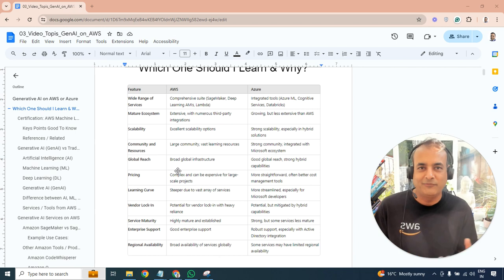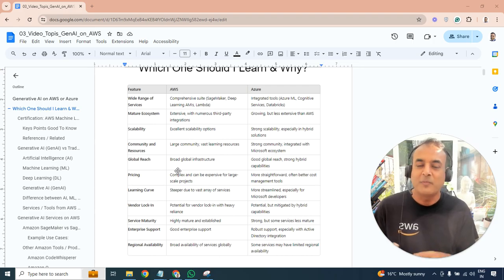From a learning point of view, AWS has a steep learning curve with lots and lots of services, but it's fun as well if you start learning and enjoying it. Begin with a focus on Bedrock for generative AI, and if you want to go deeper, then SageMaker on AWS. Similarly on Azure. From a learning point of view, I think Azure has made it a little simpler, but both have pros and cons, and both have a huge amount of material to learn, and you can go deeper as well.